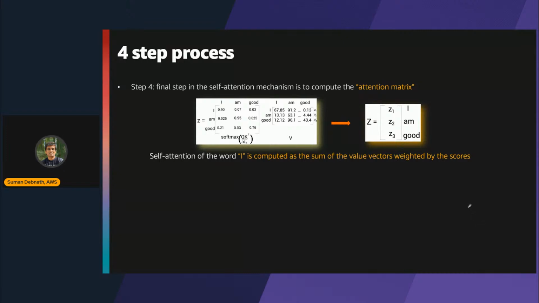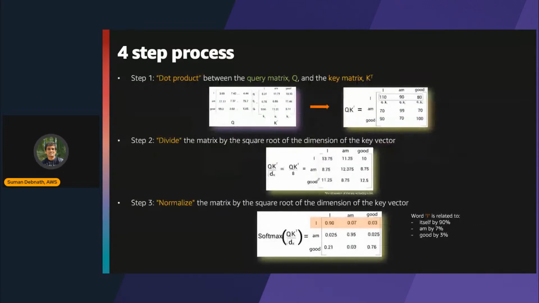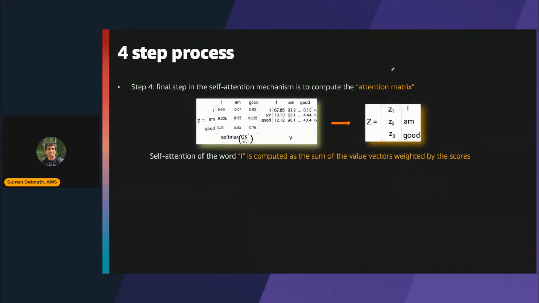If I go back, if you remember, we have created 3 matrices: one is the query matrix, one is the value matrix, and another is the key matrix. In these 3 steps, we have used the query matrix and the key matrix, but we have never used the value matrix. And this is what we are going to use in the 4th step. In the 4th step, we just multiply the resultant of step 3, which is nothing but the softmax of this particular matrix,